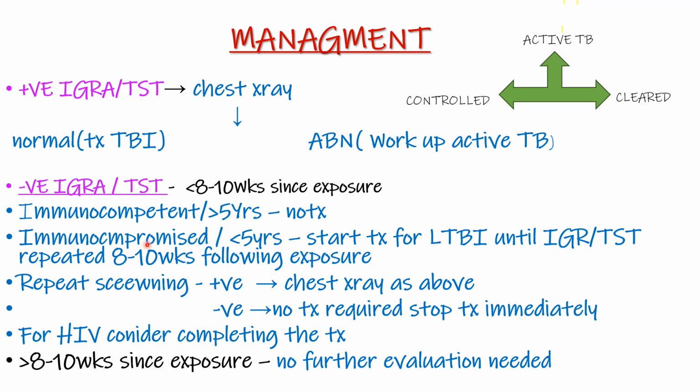So for immunocompromised patients who are at a higher risk of moving from latent TB to active TB, we just start treatment. After you have repeated your TST and IGRA after 8 to 10 weeks, and it is positive, then